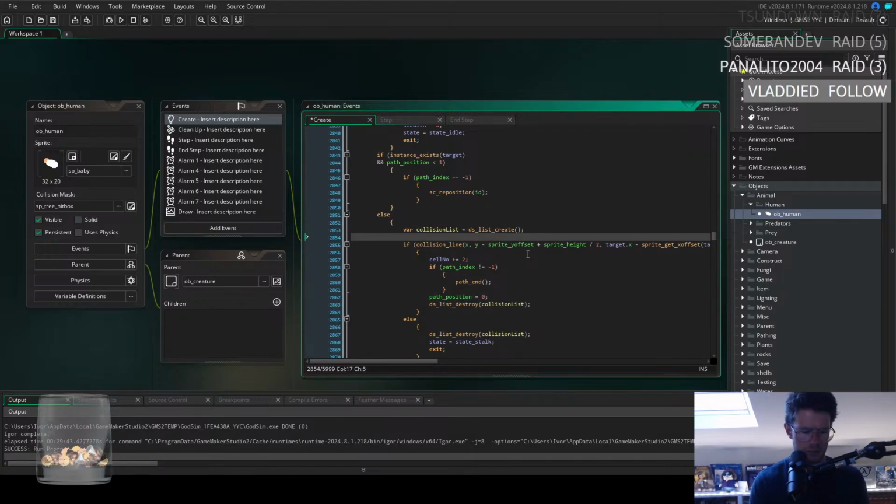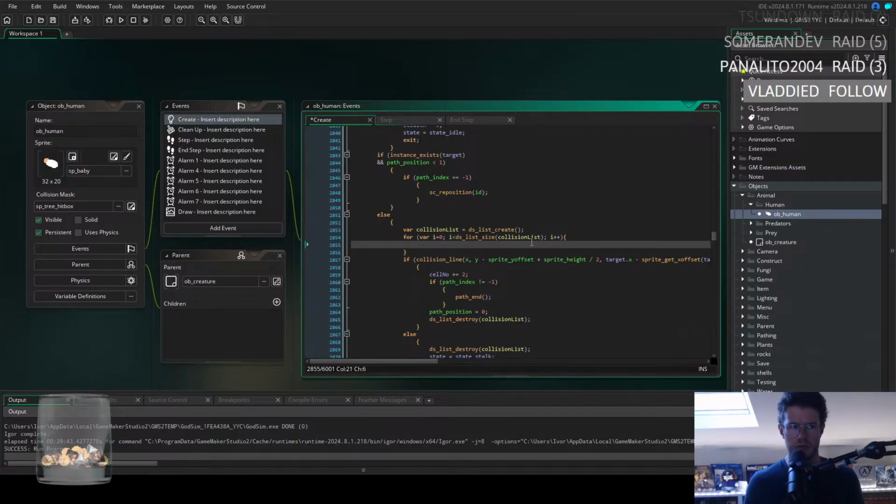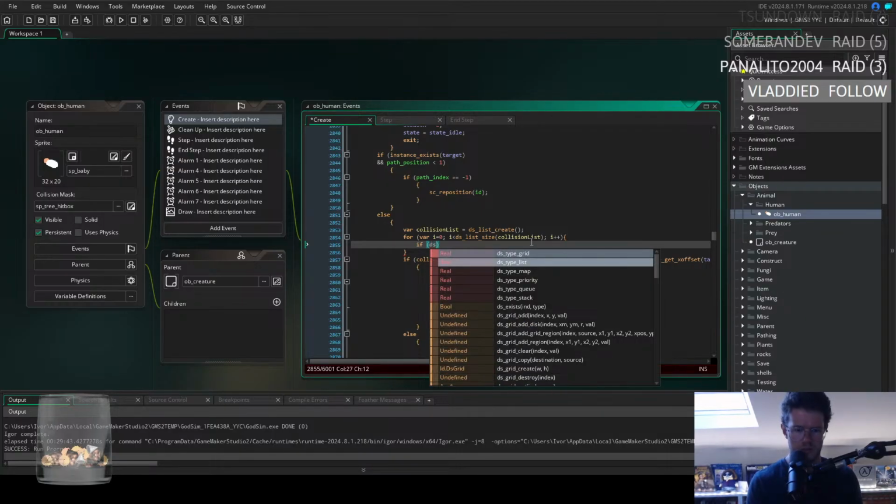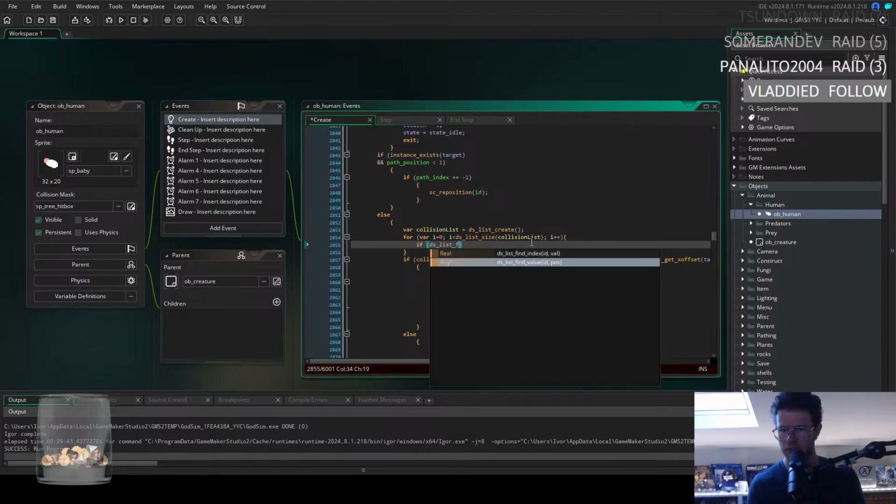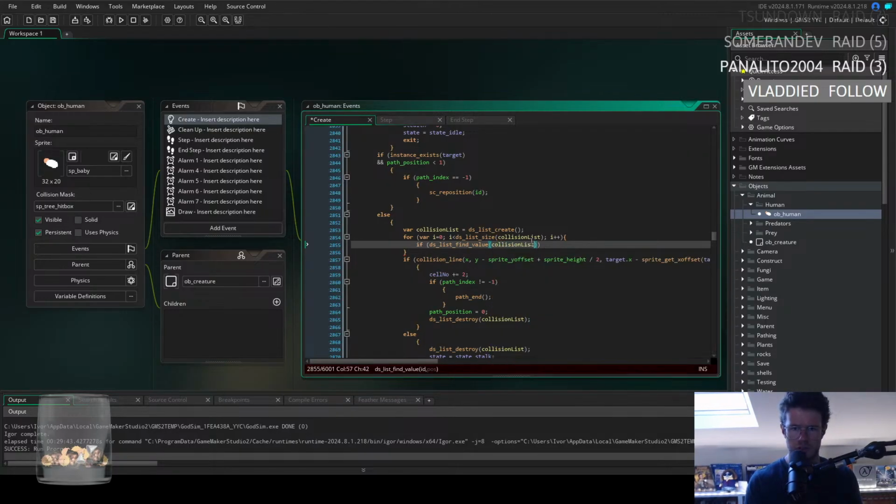Okay, so we make the list and then we need to do for var i equals 0, i less than ds list size collision list, i plus plus, and then something like, I guess we do something like if ds list find value collision list i dot object